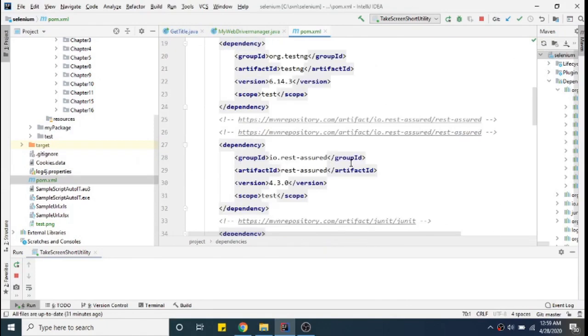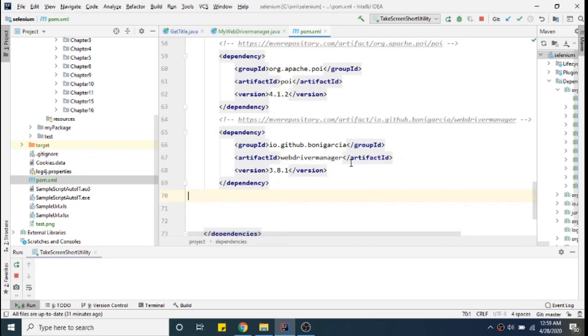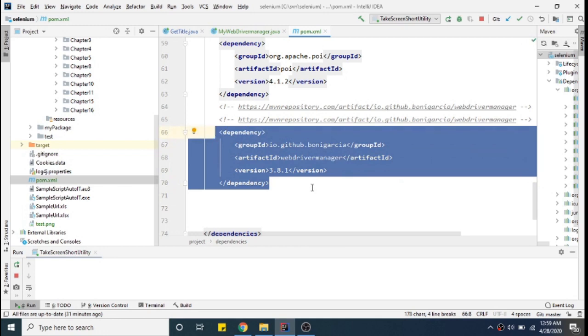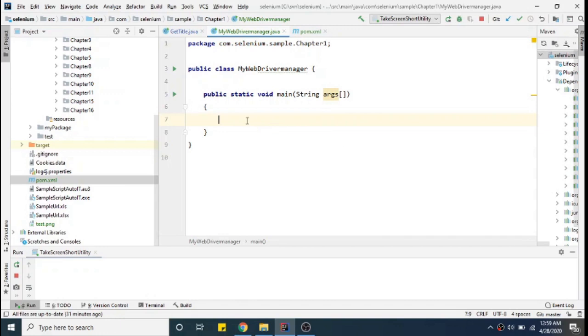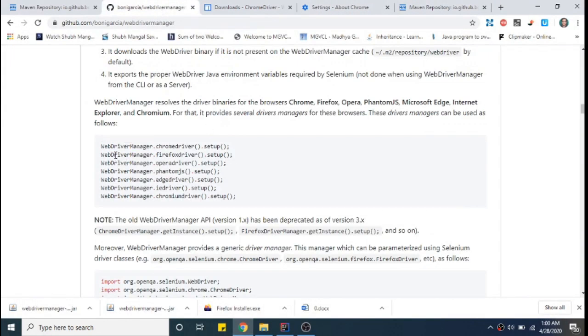So this is already there. See, it's already there. This is the WebDriverManager, and this is 3.8.1 which I have given just now. So this is a dependency I need to give, and it will download this library. After that, I can just go back to my code and write the similar code which was written on this website, that is